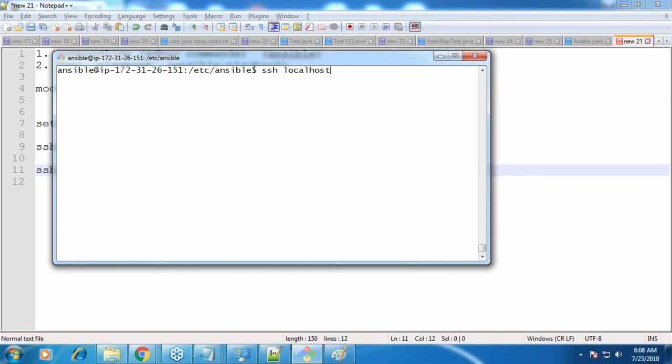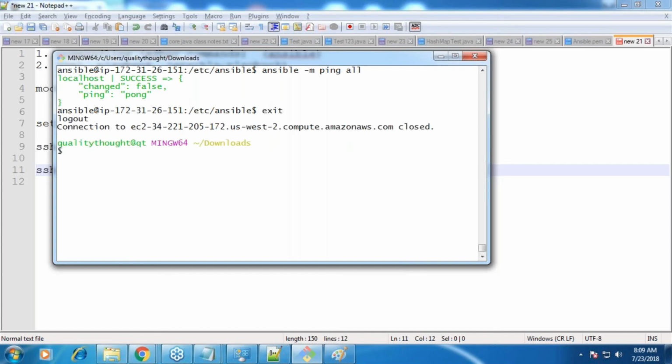Okay. Now let me try this. Working? Yes. That's it. Now I have tried only one machine. I have to try the other machine actually. Right? So let me quickly create one more machine and add that as a node. I'll not be able to finish till this level, but at least I'll be able to create the user which is called Ansible. And for that user, let us add it to the admin group or sudo group. And we have to basically enable password based authentication. So we will recollect those steps.